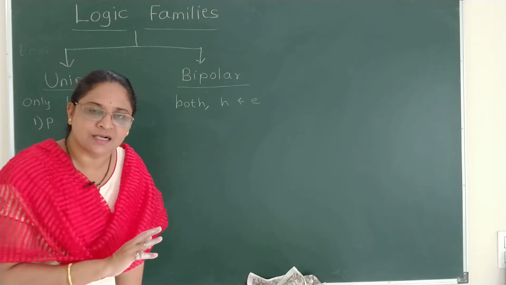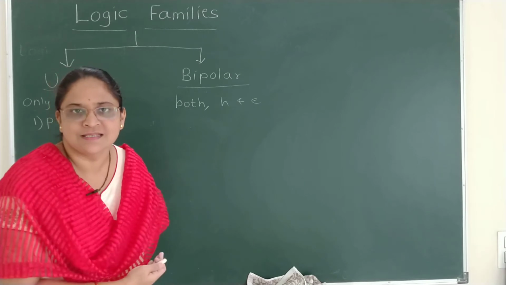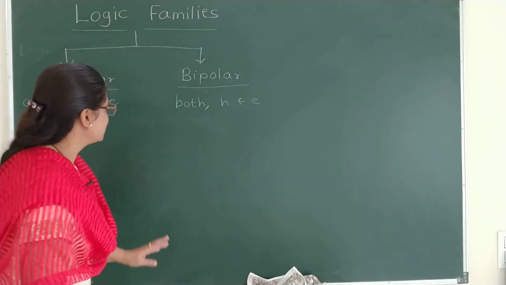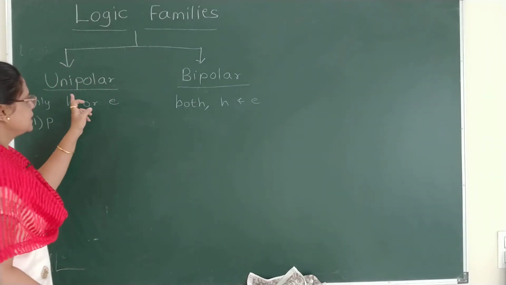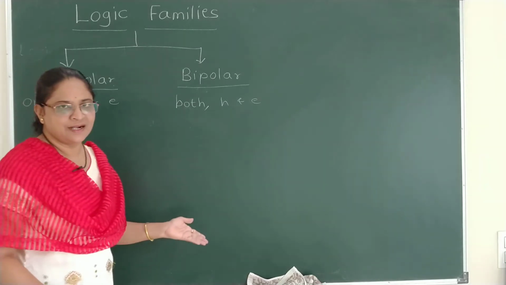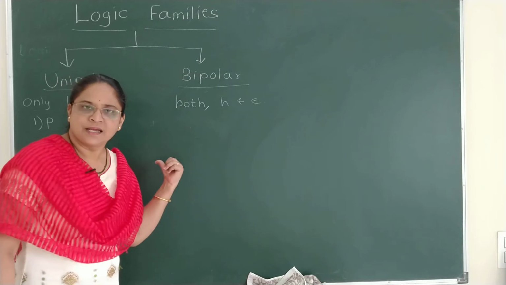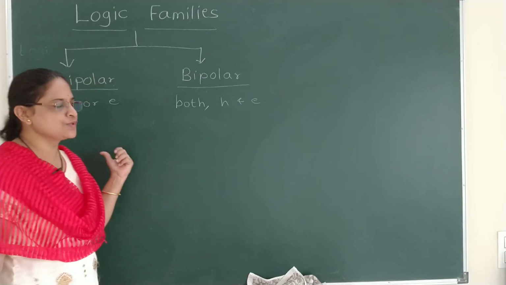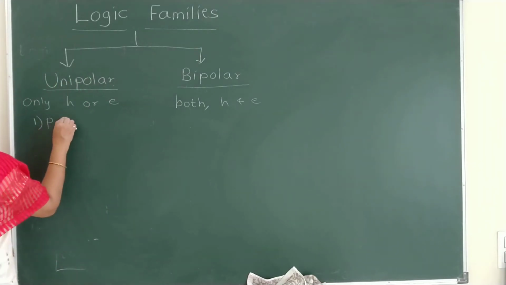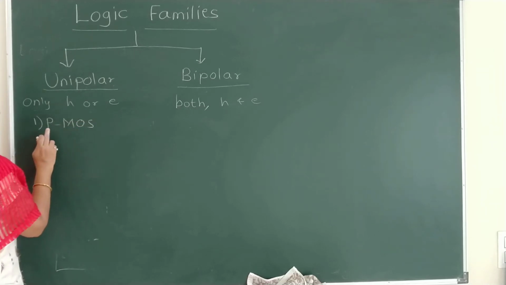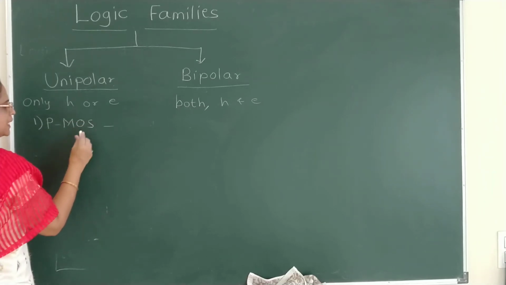That is the mutual conductance. You might have studied it as part of the study of transistors. So here, unipolar transistors, the FETs, are again divided into junction field effect transistors and MOSFETs. Here enhancement type MOSFETs are used, and there are PMOS circuits, meaning dependent on P channel MOSFETs, but now they